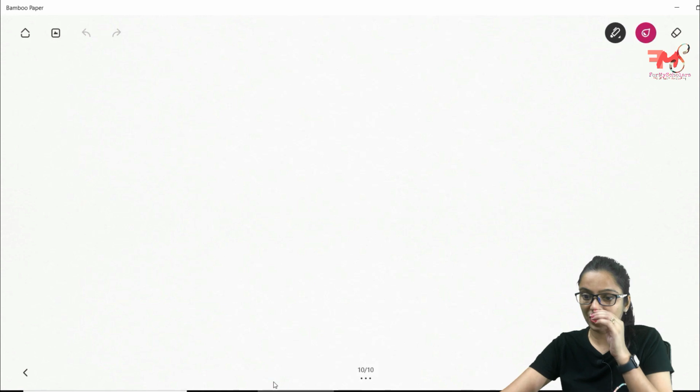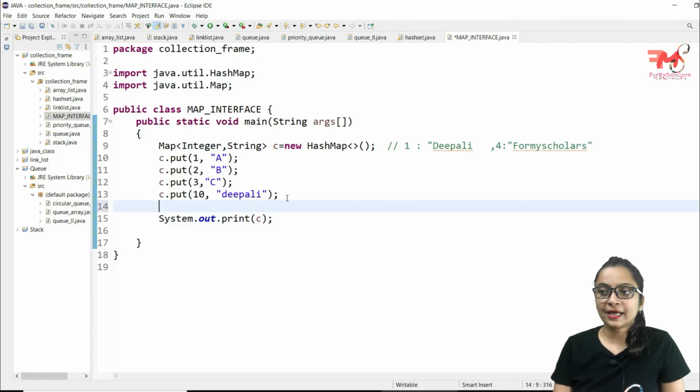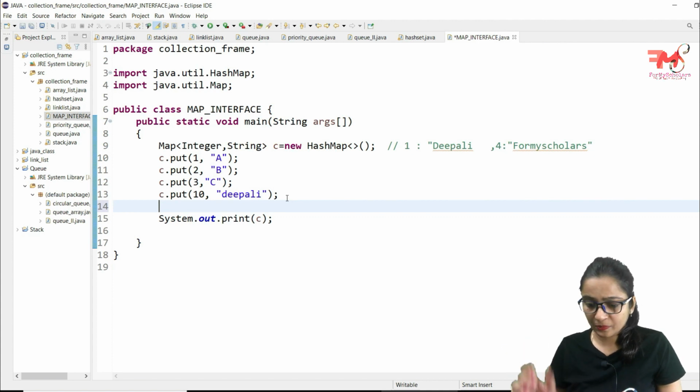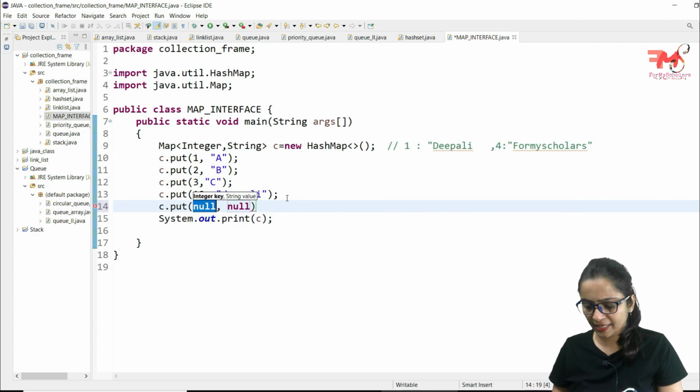So now let's talk about other functions of it. As I mentioned, the keys will be unique. You cannot insert two items with the same value of key. So let's suppose you write c dot put, the key is 3 and the associated value, let's suppose you are putting F. Let's see what will happen here.